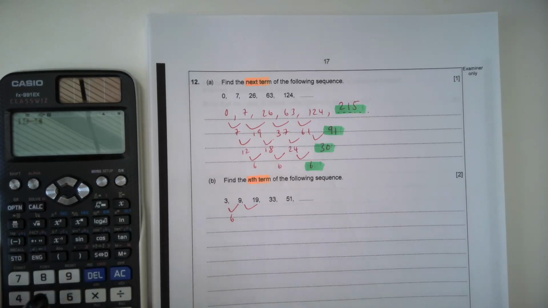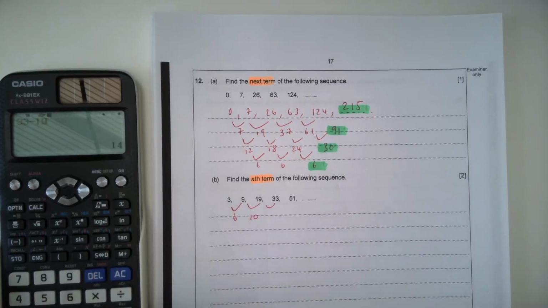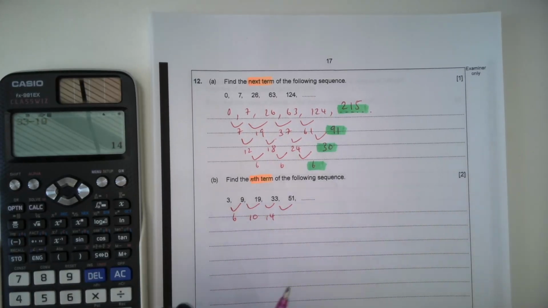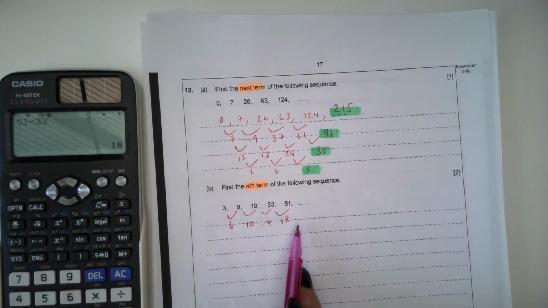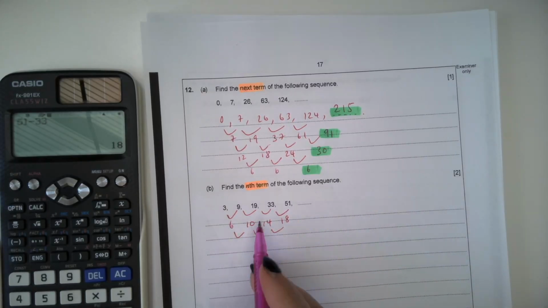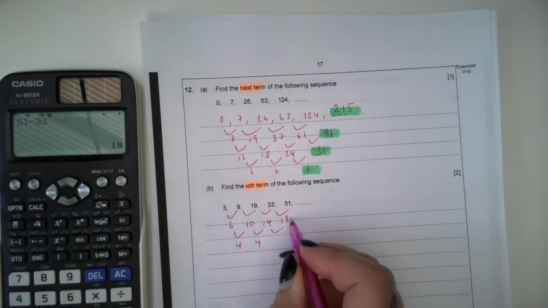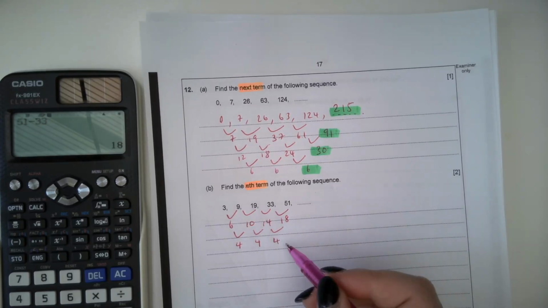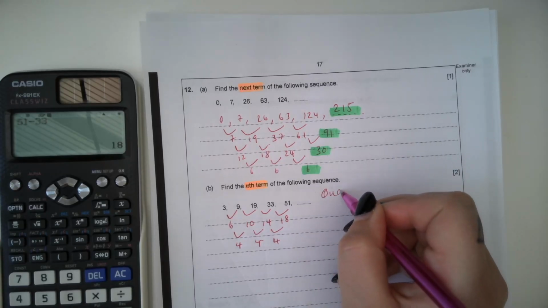19 take away 9 is 10. 33 take away 19, that's a difference of 14. And that's a difference of 18. So our first difference isn't helpful. We're going to find our second difference. So from 6 to 10 is 4, 10 to 14 is 4, and 14 to 18 is 4. So our second difference is equal. So this tells us that we're working with a quadratic